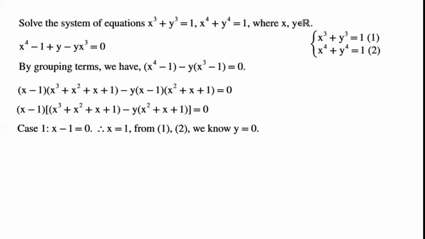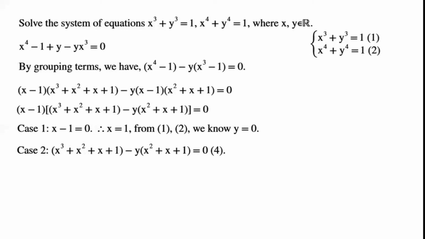So either x minus 1 equals 0, so x equals 1. From equations 1 and 2, we can work out y equals 0, or x cubed plus x squared plus x